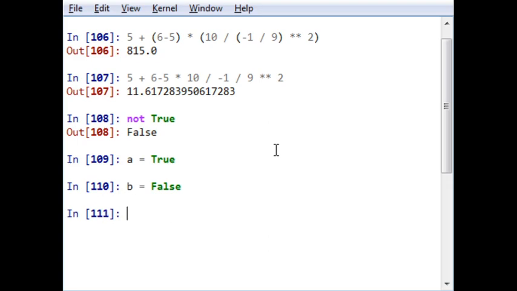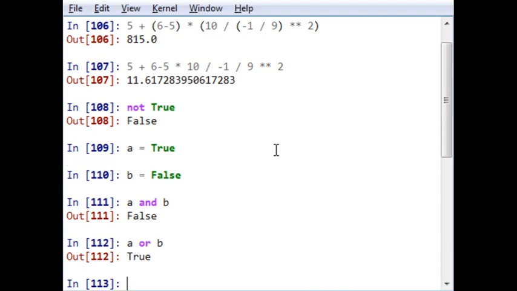Let's say B is false. Then A and B: true and false, so 1 and 0 will be 0, so it is false. If I write OR, which I have already demonstrated, it is true.